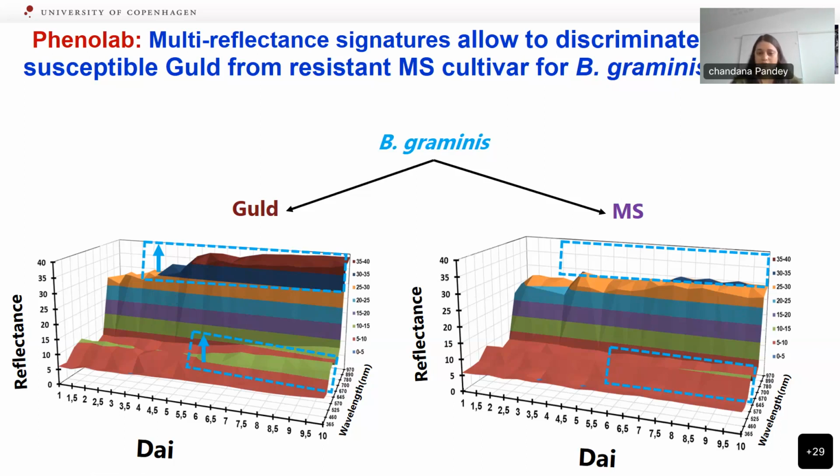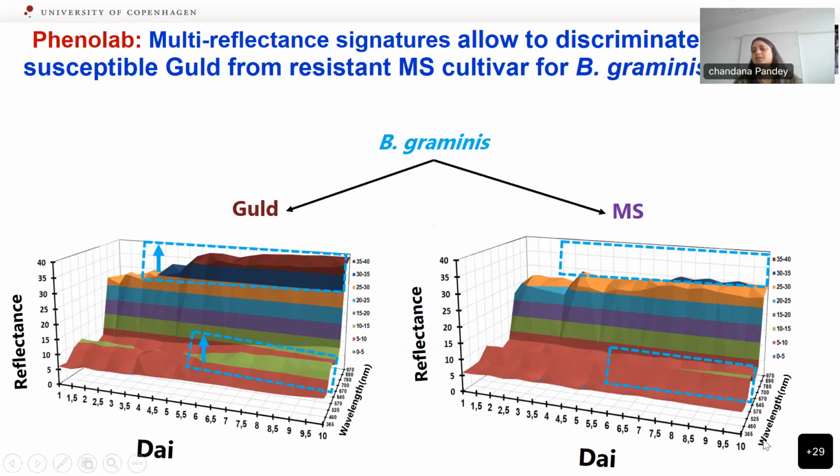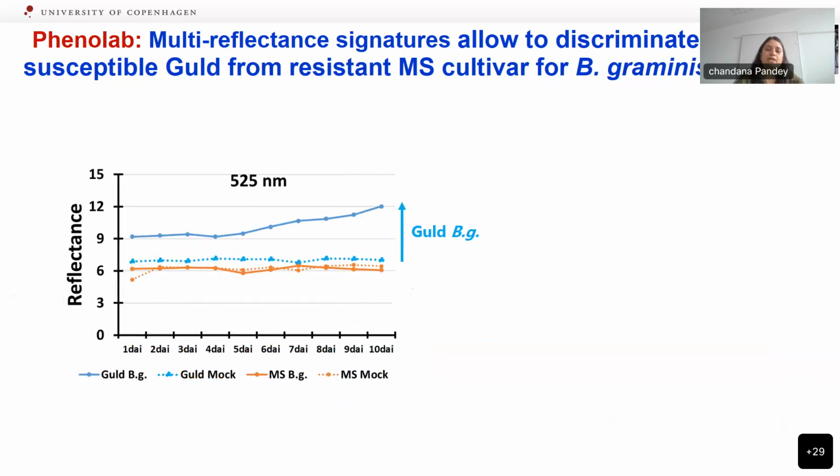So that was a great success to identify the early detection. And further, the previous slide shows 9 different reflectance wavelengths, different time points, and different cultivars, so it's a little bit complicated. That's why I made one single graph to show you how it looks when we select a single wavelength. For example, this is 525 nanometer, and you see this gold cultivar, it is heavily infected with the